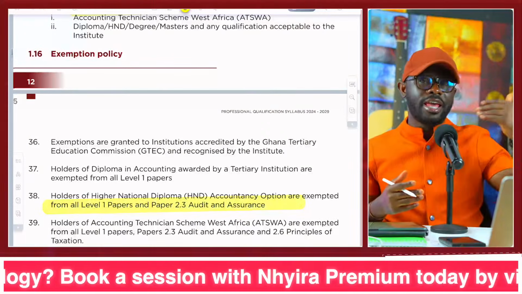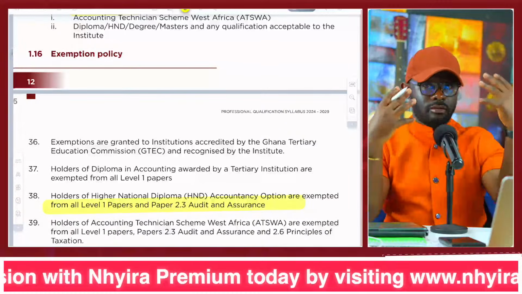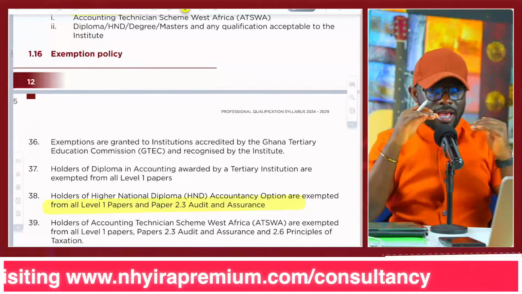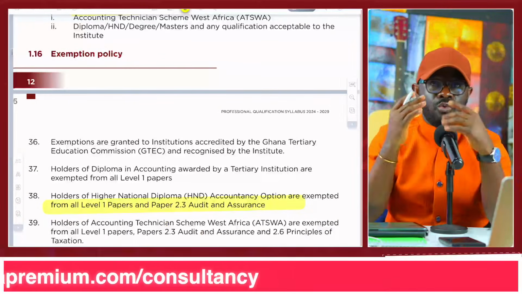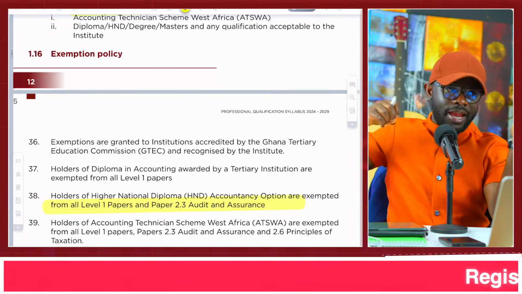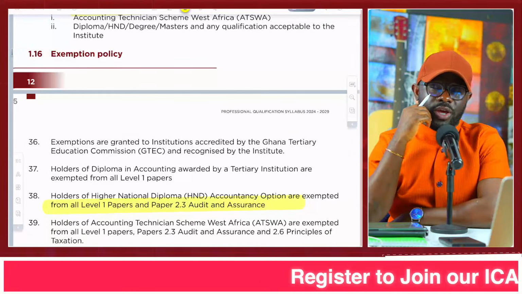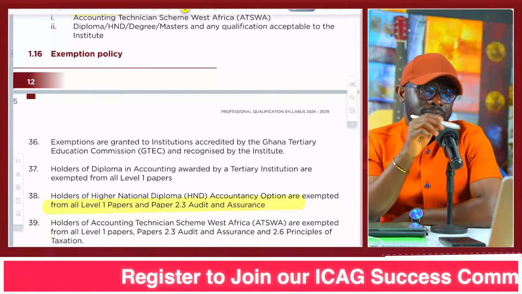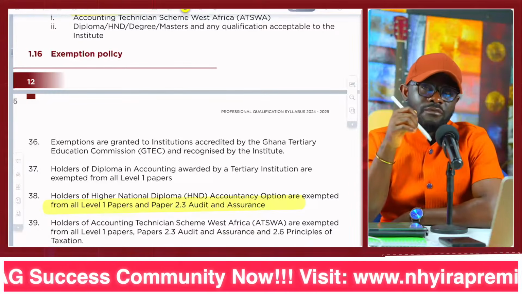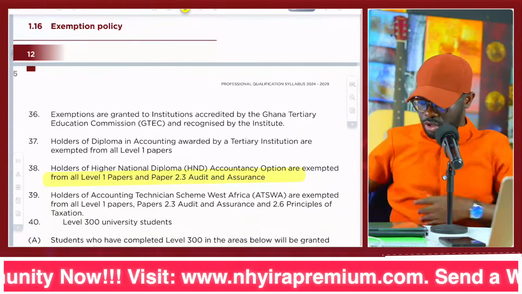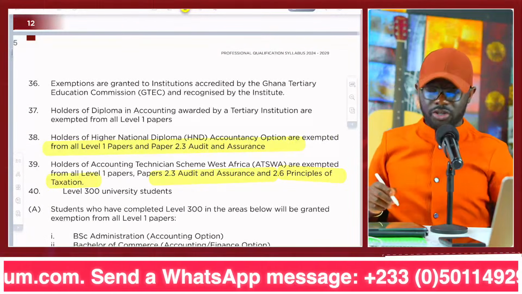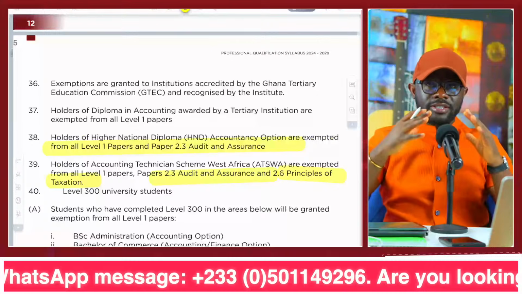So if you're coming in with an HND or a first degree accounting option, definitely accounting option, then you'll be exempted from level 1 and then audit and assurance in level 2, which means that you'll be left with 5 papers in level 2 for the most part, and then you will do the other papers in level 3. Sometimes it depends, because if you have a degree, you get 2 exemptions in level 2, so that you do 4 papers in level 2. That is audit and assurance and principles of taxation. Then you can come in as well. So first degree accounting,